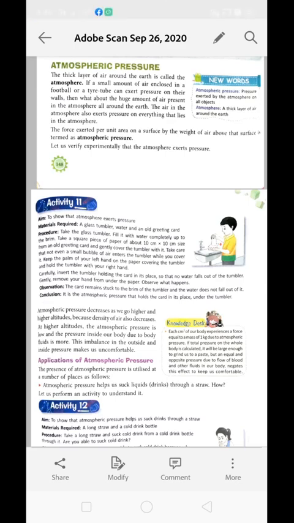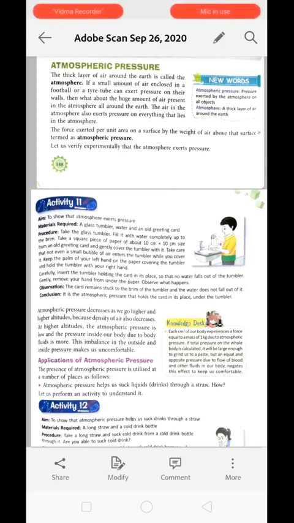But if we are moving to a high altitude area, what happens over there? The atmospheric pressure over there is low. Why? Because of the less dense atmosphere. As the density of the air decreases at high altitude, obviously the atmospheric pressure also reduces, which does not fully counter the pressure applied by the fluid inside the body. So the imbalance between the pressure inside and outside the body makes us feel uncomfortable.